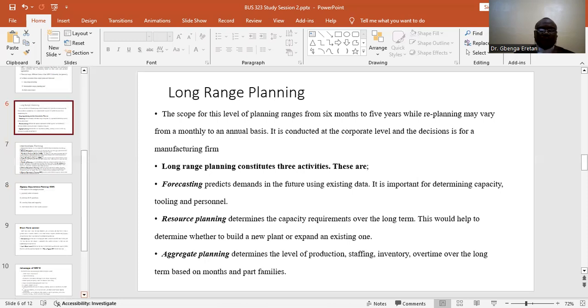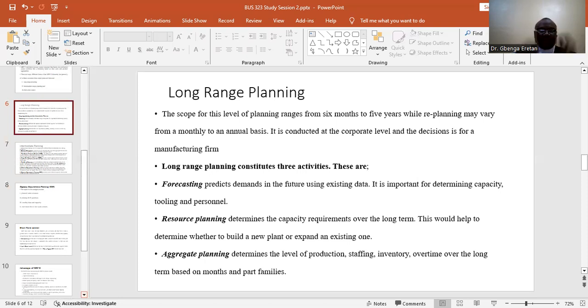Number one, forecasting. This has to do with predicting future demand using the existing data. So when you talk about forecast, you are always talking about predicting the future demand of a product while taking into cognizance the existing data. It is important for determining capacity, tooling, and personnel. Number two,